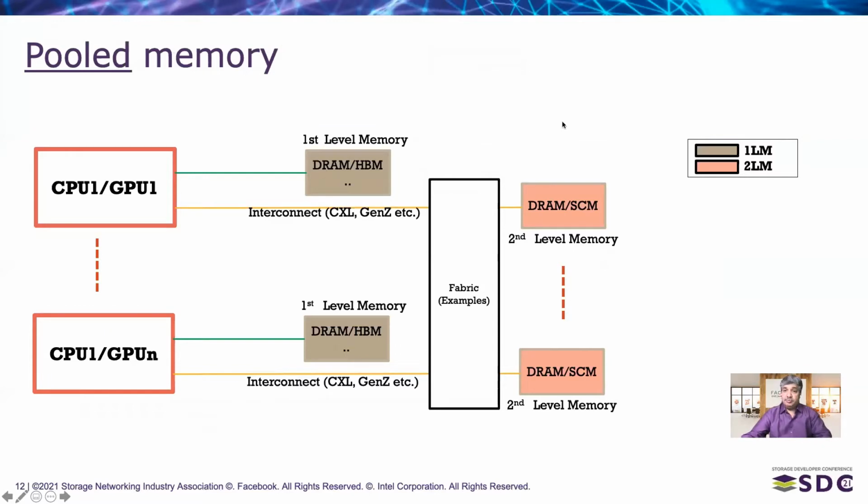New growing use cases for expanding the memory of applications that are scaling up as well as scaling out. In this case, they may benefit from expanding the memory within the system locally, as we discussed in the previous slides, but also pooling or sharing memory across interconnects like CXL or Gen Z. In this case, pooled memory is going to be considered as a 2LM from that CPU perspective or a GPU perspective. There can be multiple hybrid combinations of these three types that we talked about: CPU perspective, GPU perspective, as pooled configurations that we looked at in the last 3 slides.